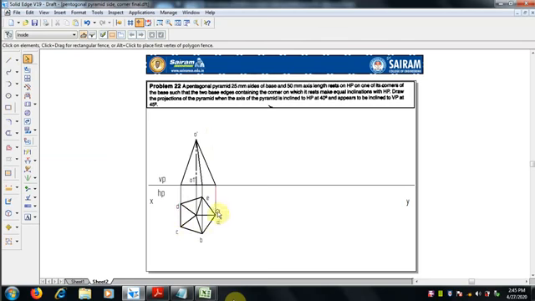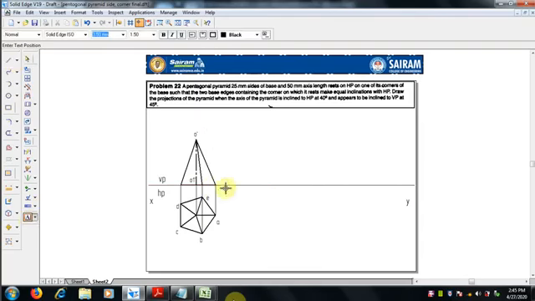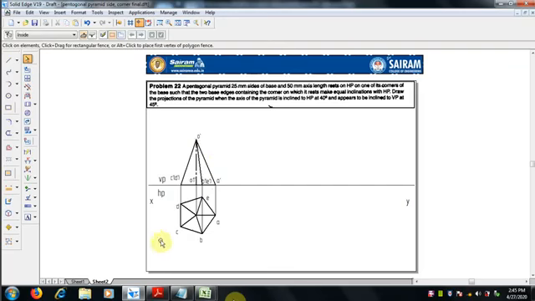So A is a corner, the resting corner. In the front view I am going to type it as A dash, and here B is visible but E is not visible, so B dash and in bracket E dash. On this side C is visible and D is invisible, so we are keeping it in bracket D dash. Okay, just move and we can keep it.